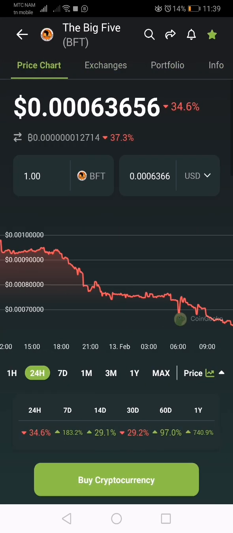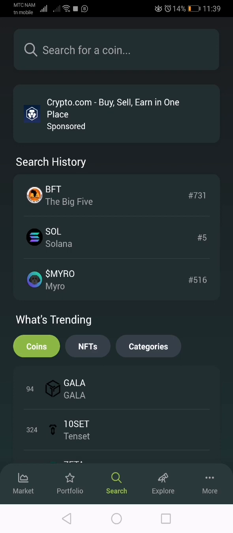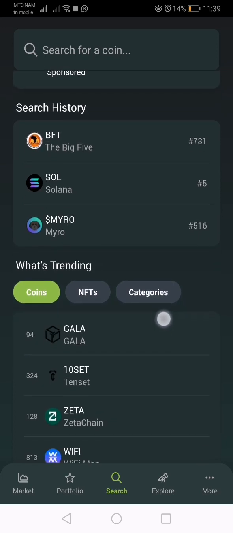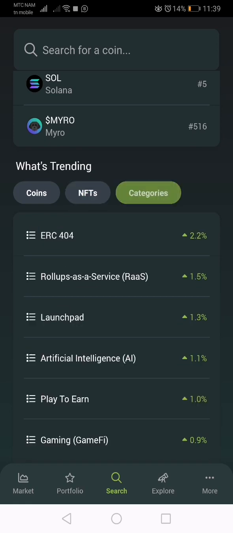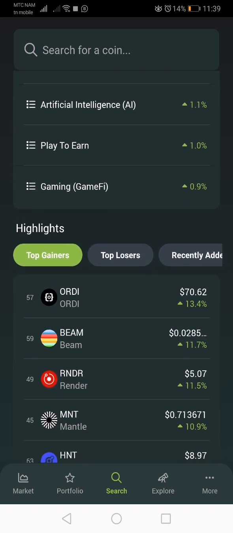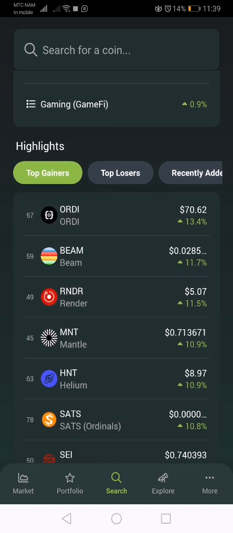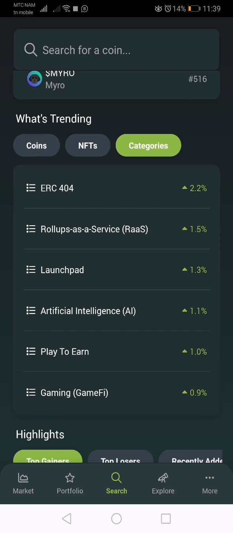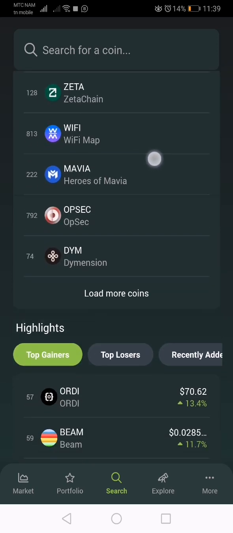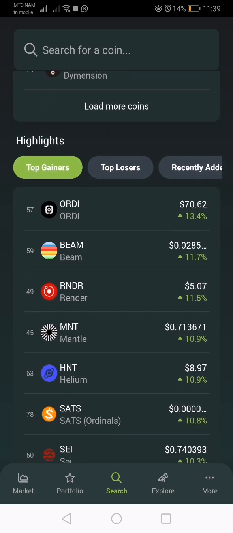So yeah, it's a very useful website, because it does give you a lot of information. It also gives you what coins are trending, what NFTs are trending, which categories are trending at the moment. So it gives you a lot of things. Then it gives you highlights, the top gainers. If I go back to coins, and then go to the bottom here, I get the top gainers in the market,